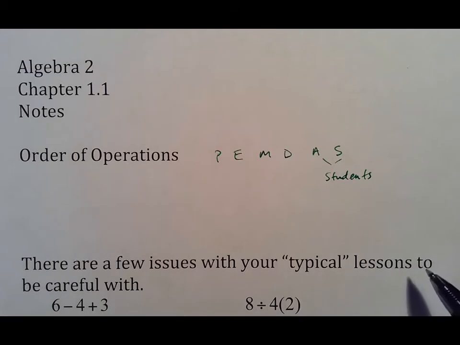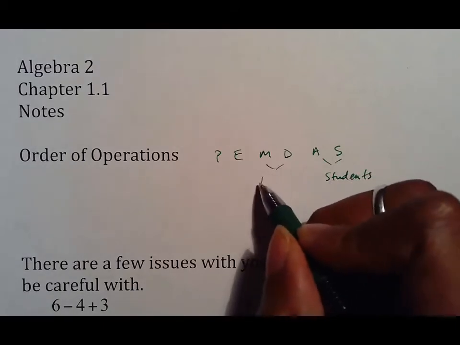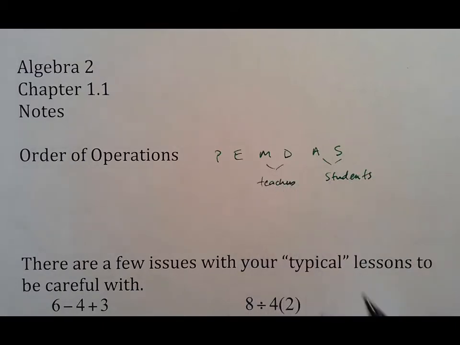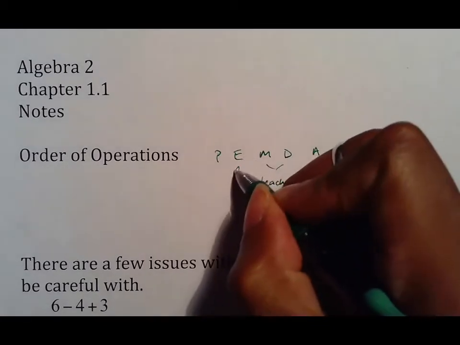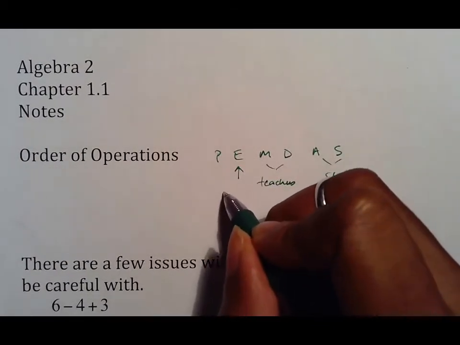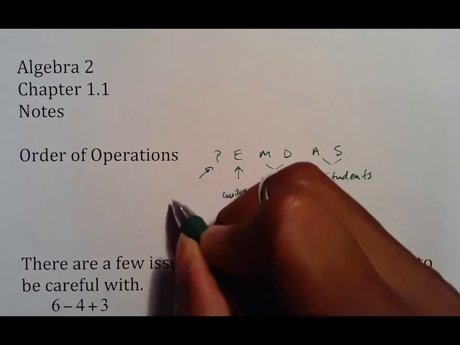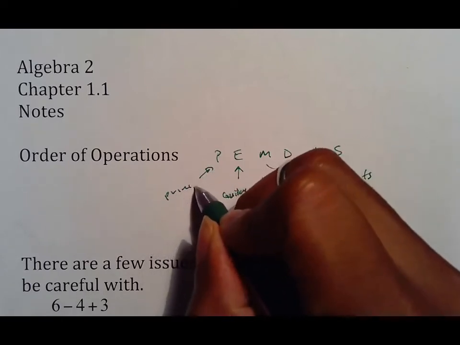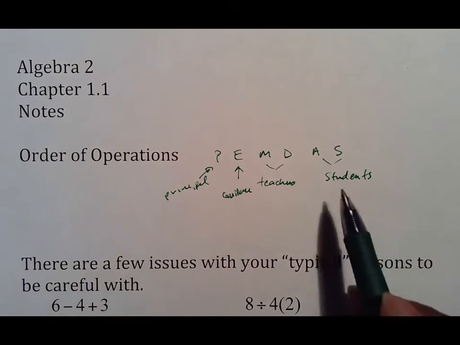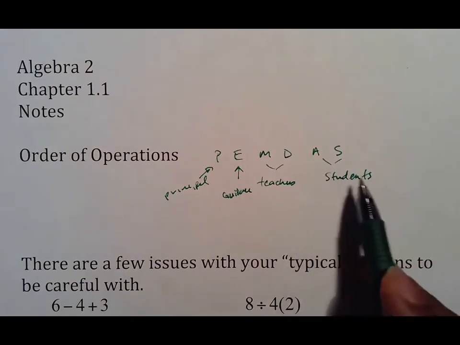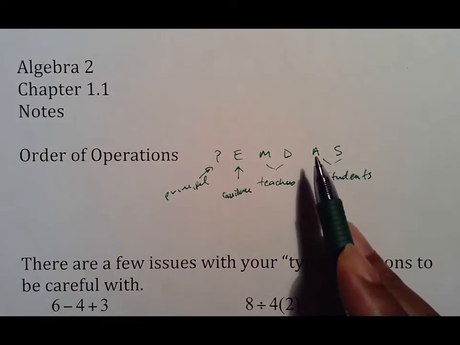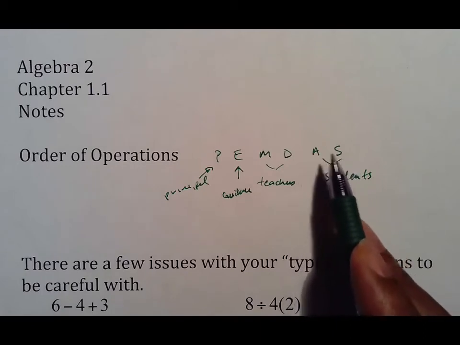students in a lunch line. Multiplication and division are like teachers in a lunch line. The exponent is like the guidance, and the parentheses is like the principal. What that means is, if two students are in the lunch line and both of you are pretty much